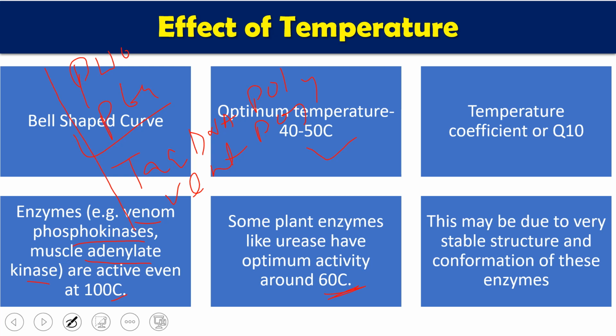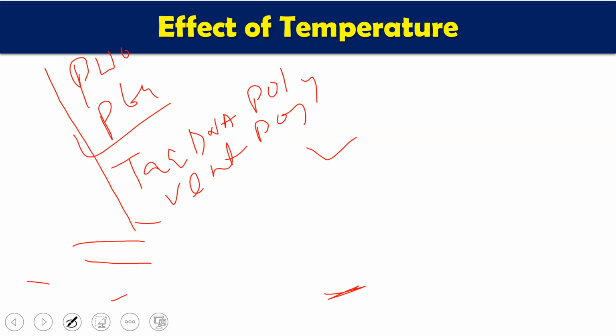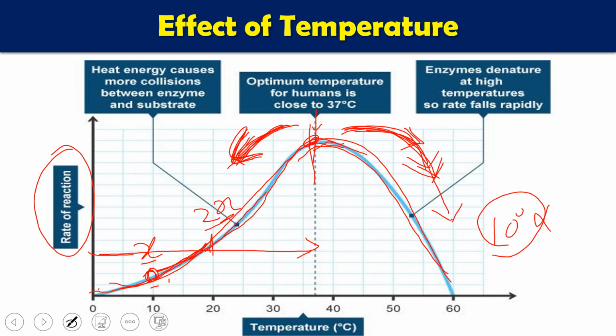We have seen that at higher temperature protein normally gets denatured, but if the protein's structure is still maintained, still fixed, meaning not deteriorated or denatured at higher temperature, then the protein will be active. Like in this graph, if you see this side, when we increase the temperature, the rate of reaction decreases. This decrease is because of denaturation of the enzyme. But if at 60 or 70 or 80 the protein is not denatured, the enzyme will be active.